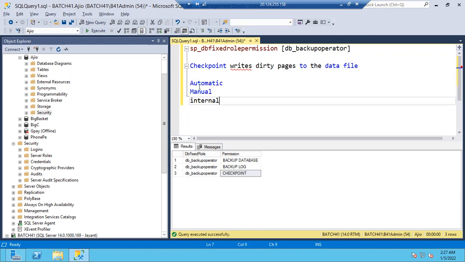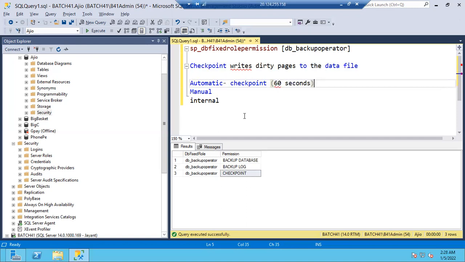Automatic checkpoint: you are not committing the data every time. SQL Server internally will run the checkpoint command on each database every 60 seconds. This is called automatic checkpoint.